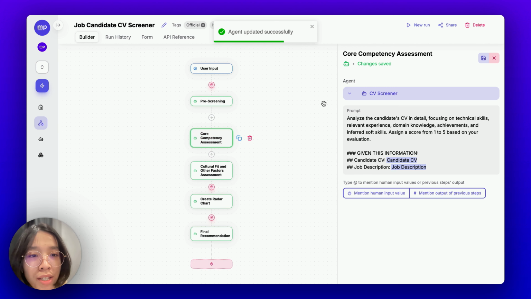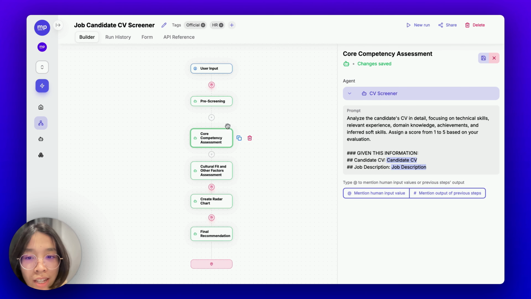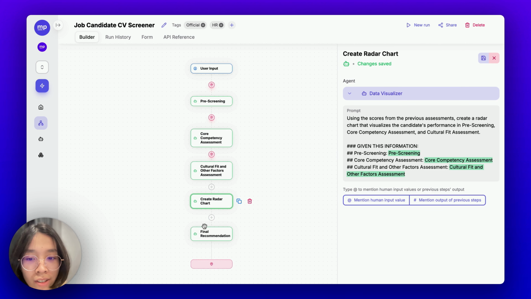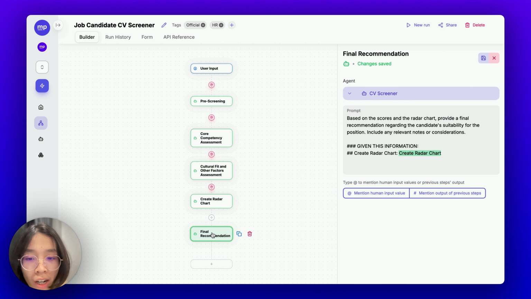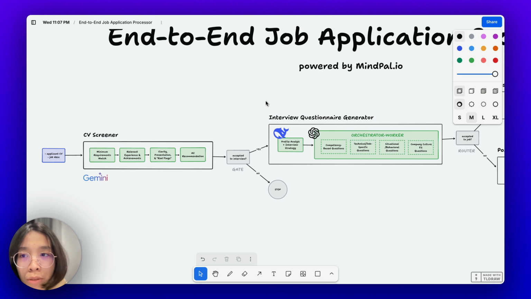Okay, and I'm using the same CV screener across these different steps here. So I think we are good to go. Now that the first part is done, let us move on to the next part, which is the interview questionnaire